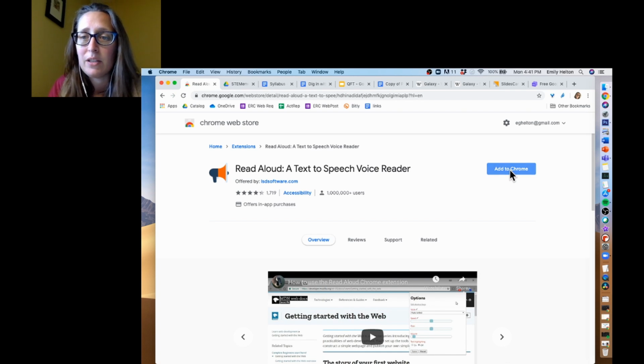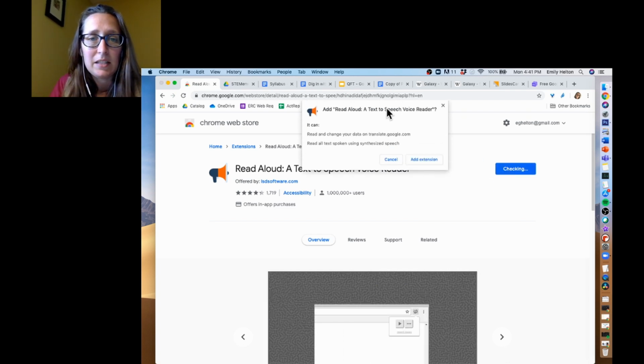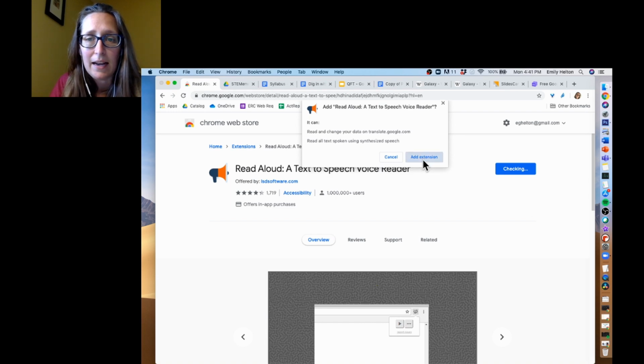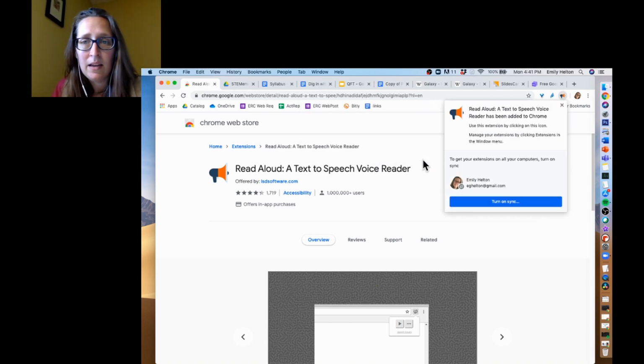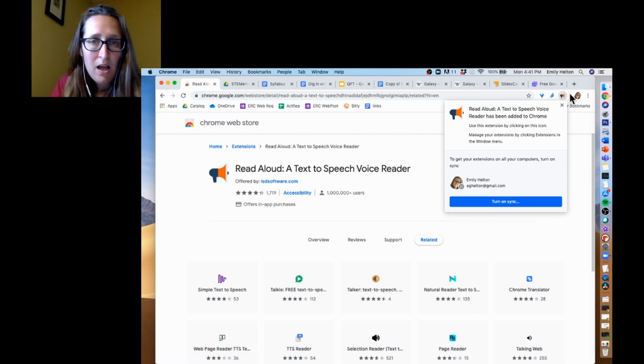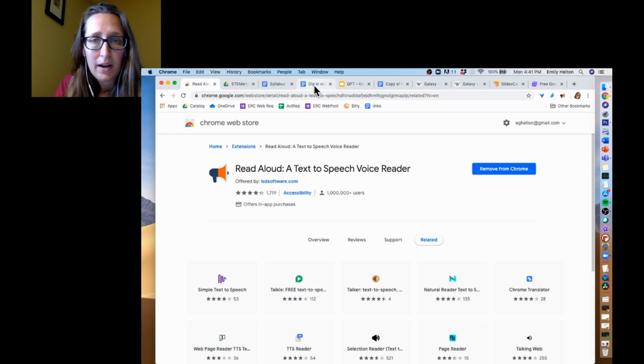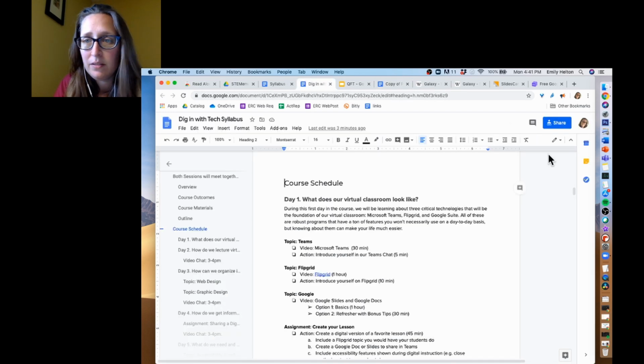All I need to do now is click Add to Chrome. It asks me if I really want to. I'm going to say Add Extension. And then it pops up here on the top of my browser bar. Okay. So now when I go back to the syllabus, if I click on the Read Aloud extension,